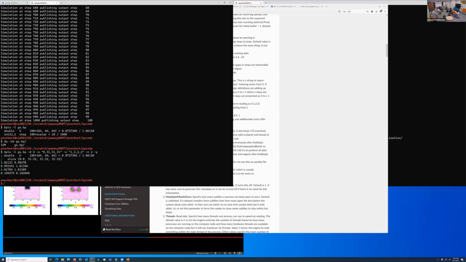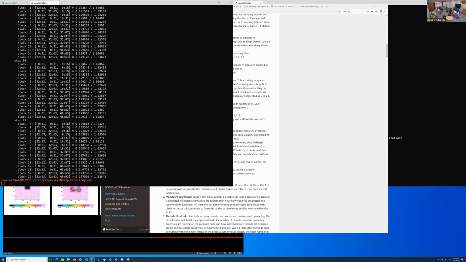Norbert, could you do the minus capital D on this? Right, so one of the things is, it looks the same, right? The question, like in this example, is, when you compress data,